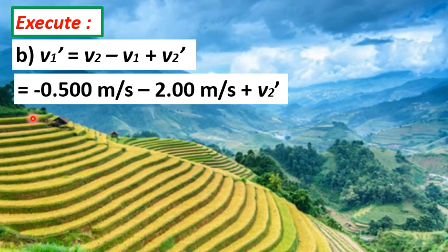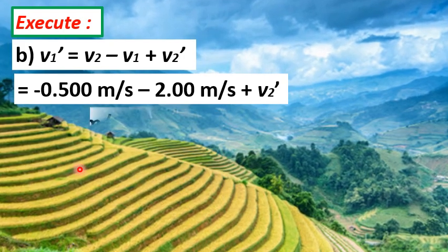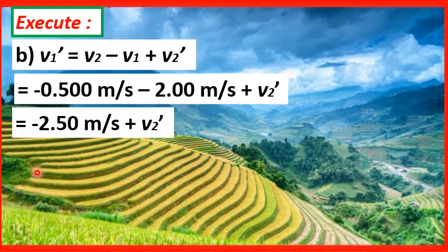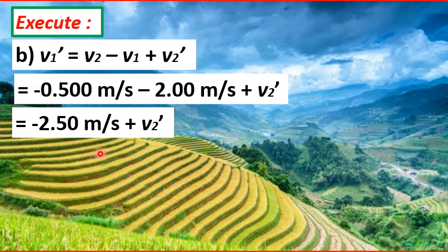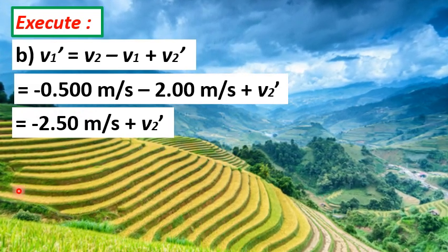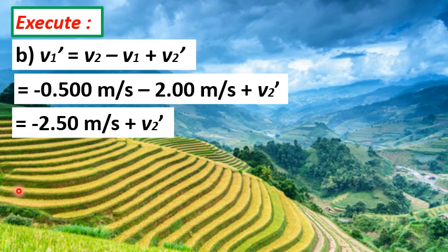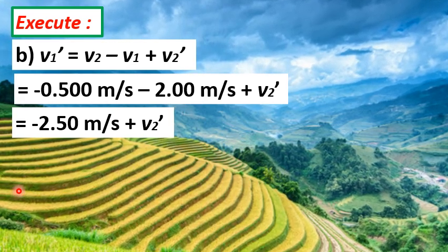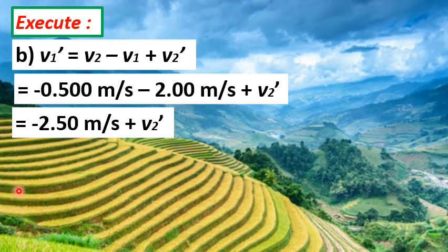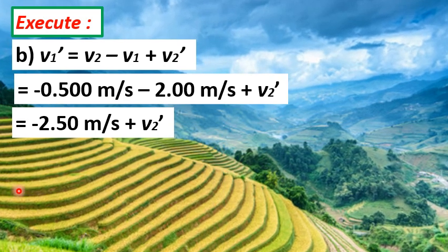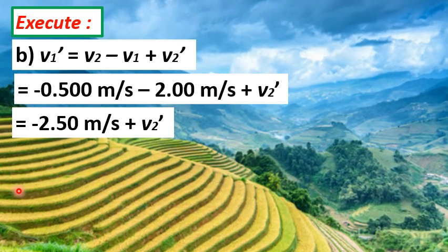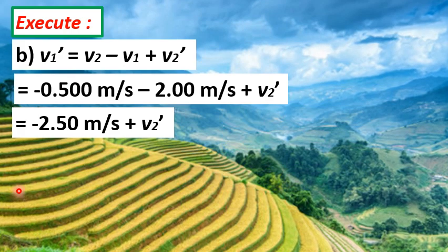So we can simplify this to negative 2.50 meters per second plus V sub 2 prime. So to find the variable V sub 2 prime, we calculate the total momentum before the collision,